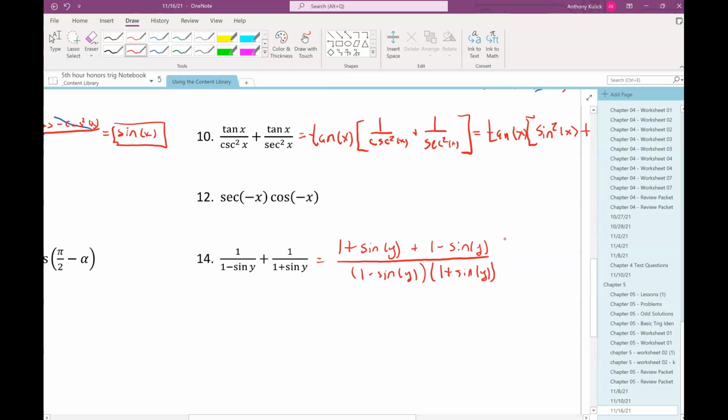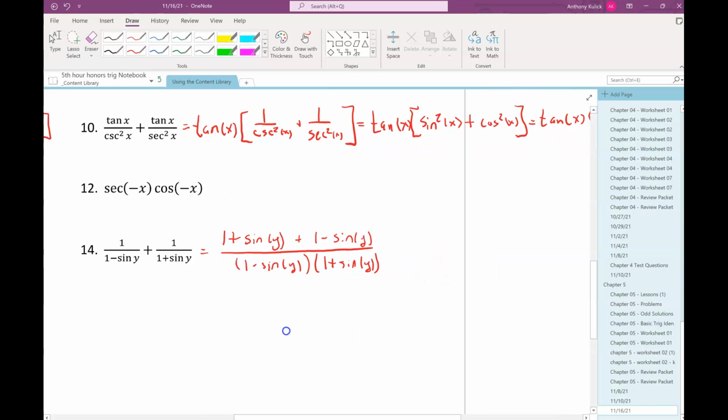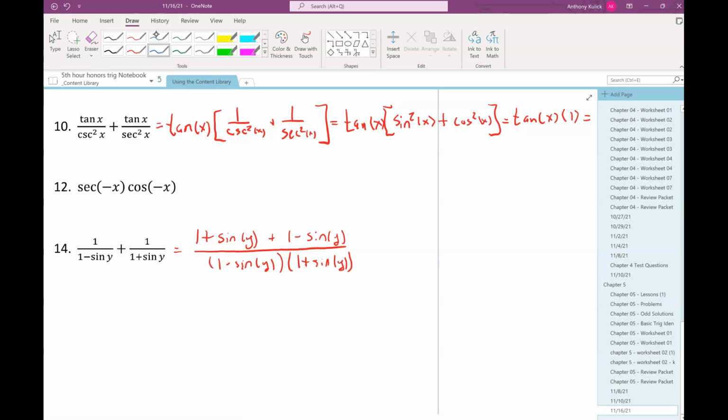So far, so good? Okay. So I see a couple of algebraic things right away to do. In the numerator, I can combine like terms. I have a plus sine y and a minus sine y, so those are going to cancel out. And then I have 1 plus 1, which I can just add to give 2. In the denominator, I can multiply these two things together. I notice that they're a difference of two squares, so I could use the difference of two squares factoring pattern to multiply them out quickly, or you could just FOIL it out and combine like terms. Either way,